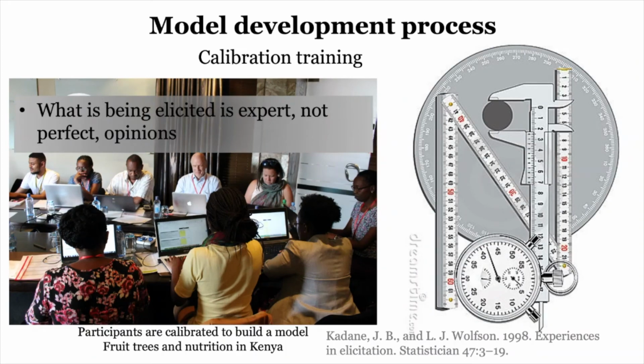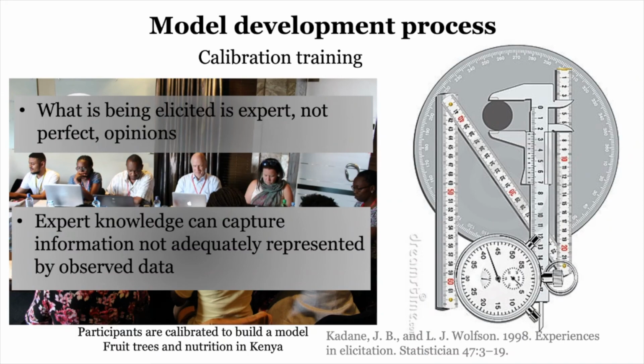What we're eliciting, I just want to make a few points that are really clear. What we're eliciting is expert and not perfect opinions. That is, we don't get a perfect number, right? We don't get exactly 70%, or we're not certain that the distribution that we've got is absolutely containing the correct value, but rather that 9 times out of 10, if we're shooting for 90% confidence, 9 times out of 10, it contains the right value.